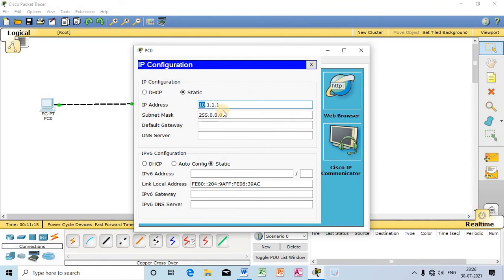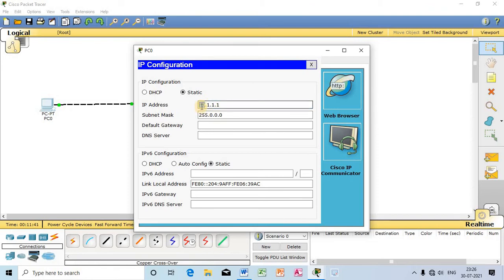That signifies that this is a class A network, and in this IP address, the 10 is the network address, and 1.1.1 is the host address.